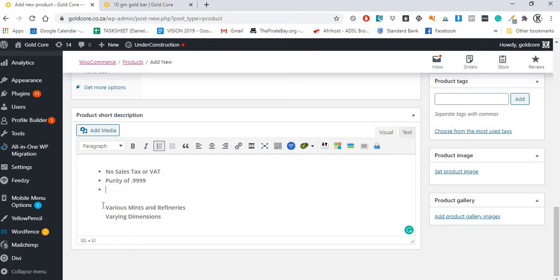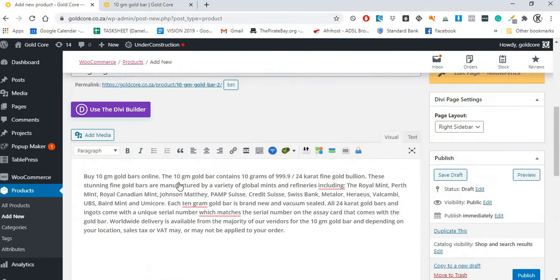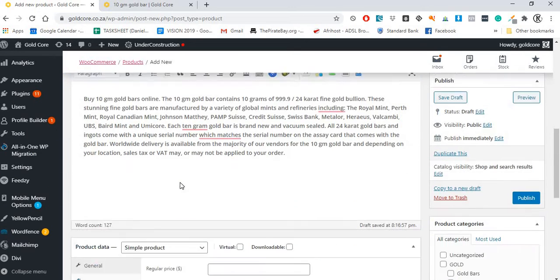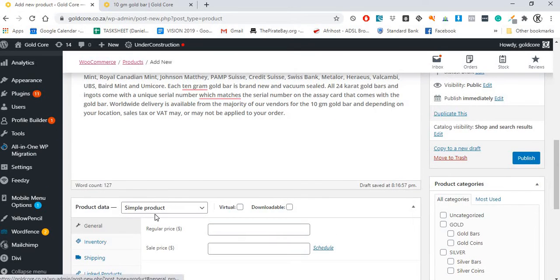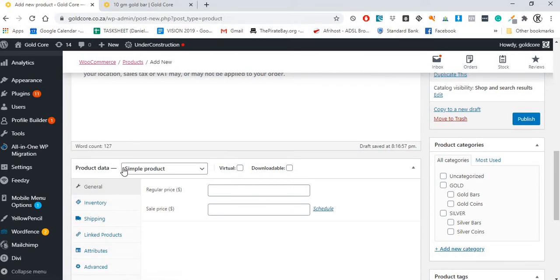Yeah, text, cut, paste, and then we have a short description. And then what's left is your price. So if you want to add a custom price, you see here where it says regular price, which is in dollars. So you can have something that says the gold is going for